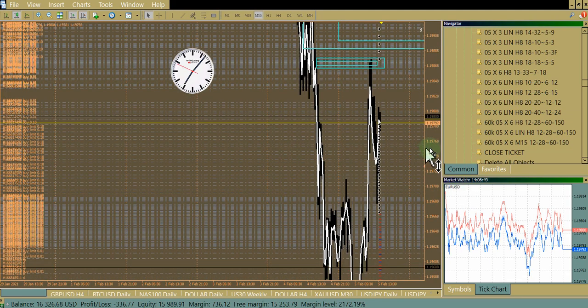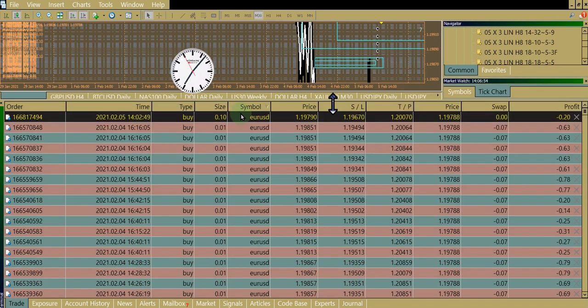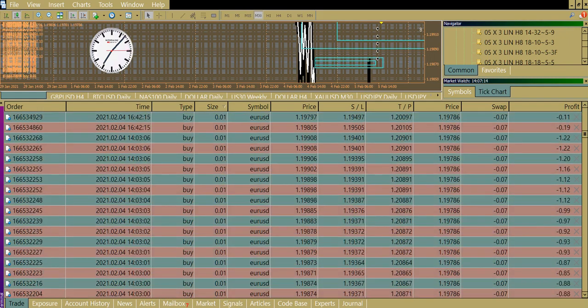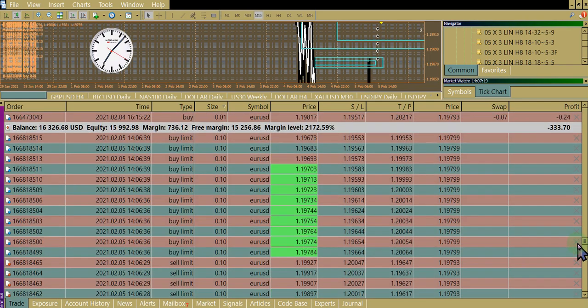I should have made the comments on this a little bit more, but I'll find this trade by size now. So I'm not used to doing this much size, but we're at 10Ks here. We got pendings. Looks like it just got filled on a limit entry there. That was the 8 hour. So this should be noticeable to the account if we start filling. If you just trade one currency, you can really keep track of your about to fill tickets. So price-wise, I know I'm very close to the market on these giant...